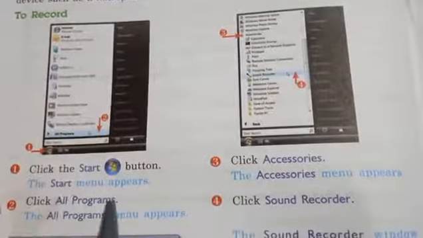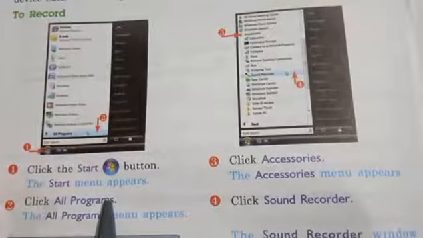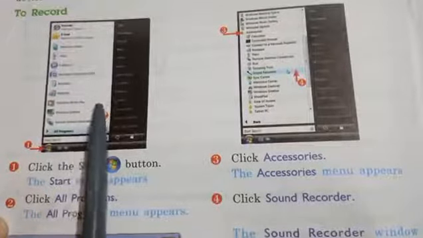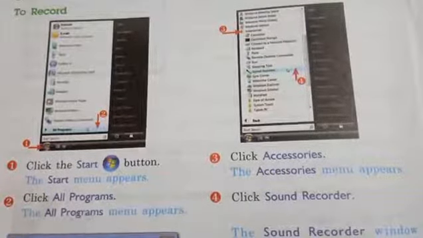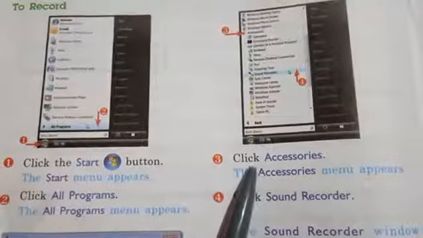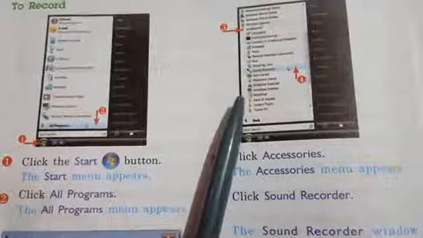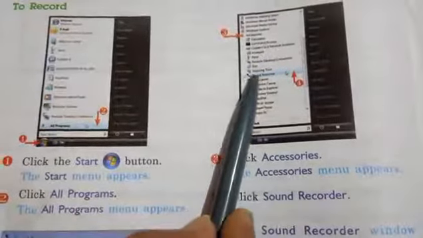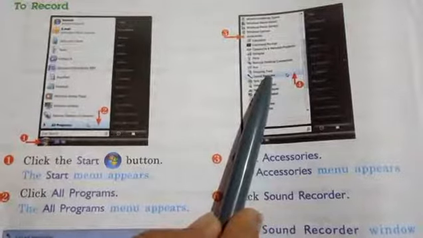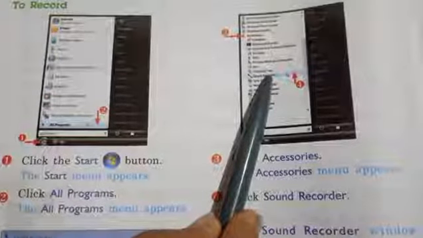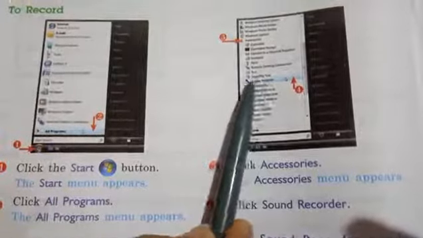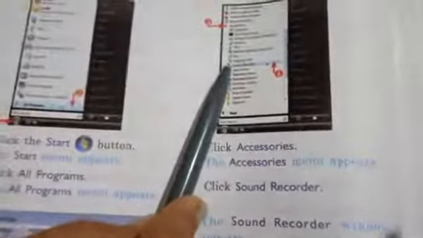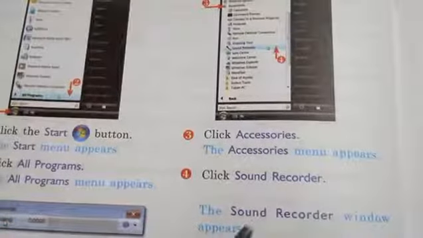Second, click all programs. The all programs menu appears. Third step, click accessories. The accessories menu appears and you can see the application Sound Recorder. Click on Sound Recorder.